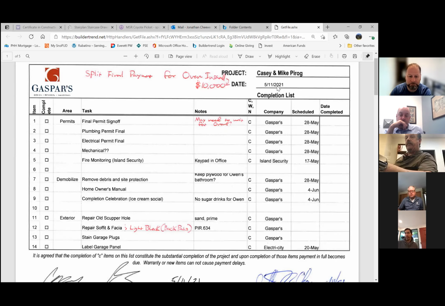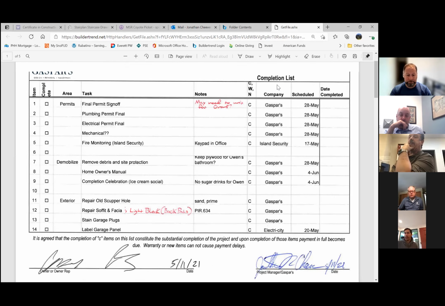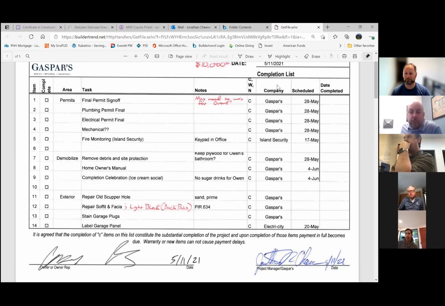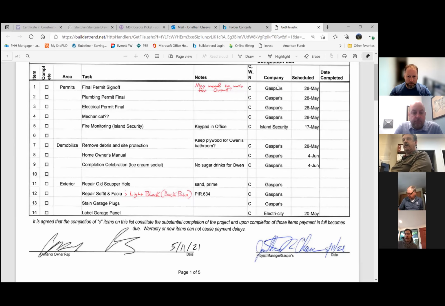Okay. Yeah. Would we like a completion date on there? Would we like a completion date line? I will put that on the form if you would like. I don't know. You could, Steve. I'm kind of in the template right now, so I can add it. Could you just add it where it says completion list? It could say completion list for, and then the date. Completion date, done. Yeah. So permits, demobilization, which includes homeowner's manual, completion celebration, then